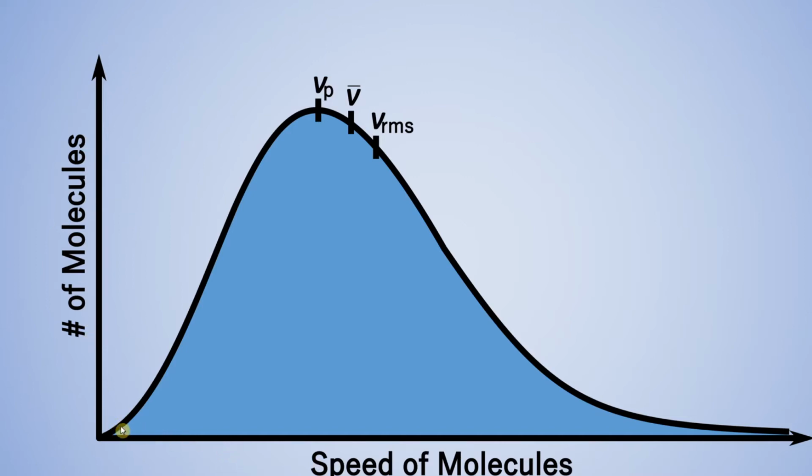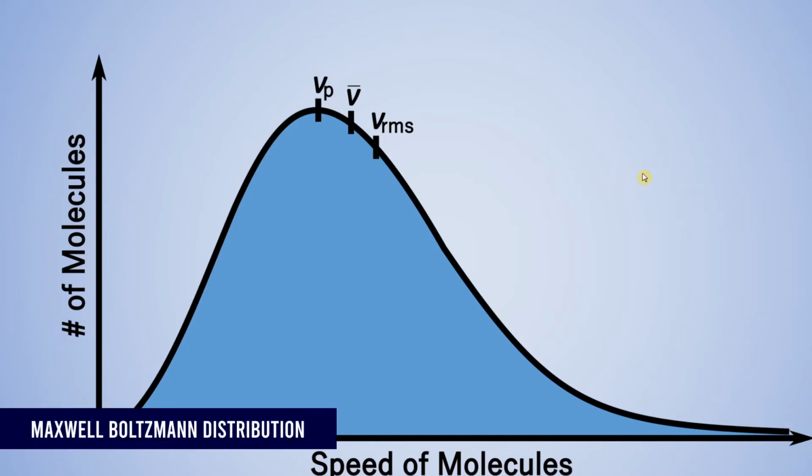So what that means is, over on this end of the graph, you have very few particles that are moving very slowly. Of course, as you increase and get to higher speeds, there will be more particles moving at higher speeds. And then you taper off, and eventually you find there are very few particles moving at these really high speeds. And so you get this curve. This is called a Maxwell-Boltzmann distribution.